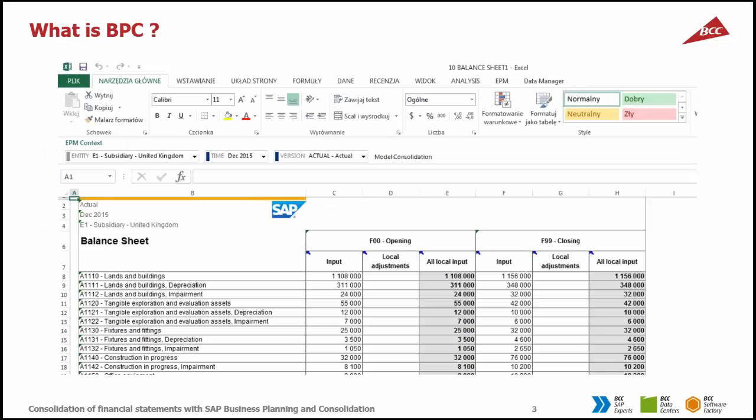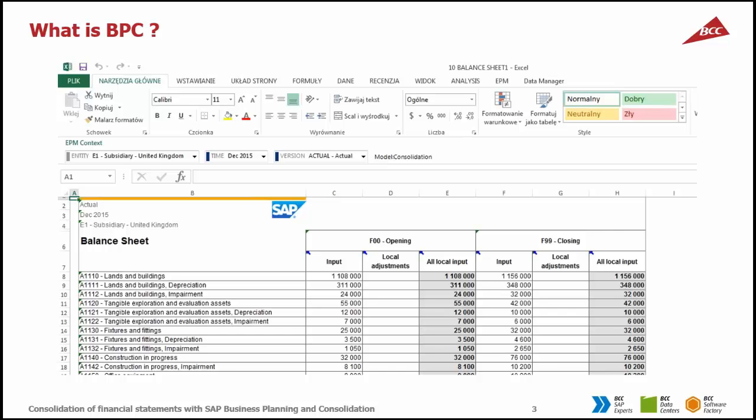So the idea of BPC is to keep employees from financial departments within already well-known background and environment. That's why BPC is a kind of add-on to Microsoft Excel. We can see its occurrence by 2 additional tabs.